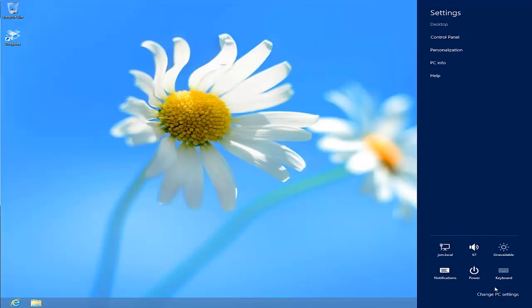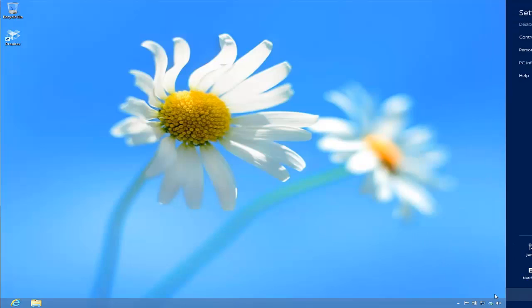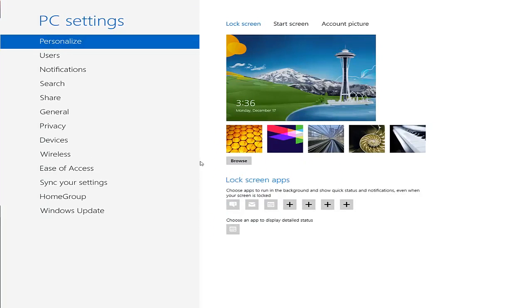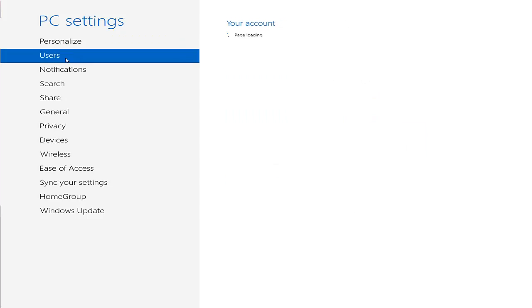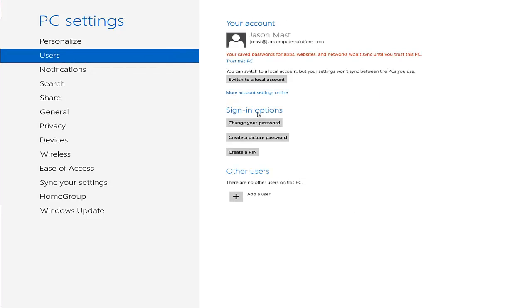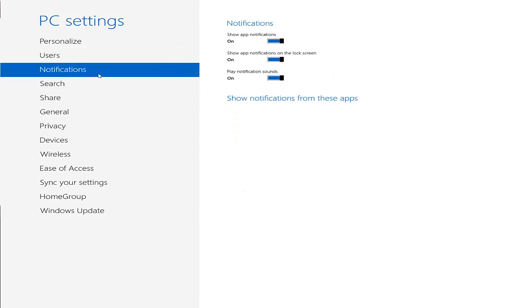But the one I want to show you is the change PC settings. So when you click on change PC settings, it's going to bring you to a whole other set of menus. I'm just going to run through these really quick. My later videos will go through each one a little bit more. So you have personalize here. So this is where you can lock your screen and change passwords around and change your start screen. You can actually do picture passwords and stuff like that. You have your users, notifications,